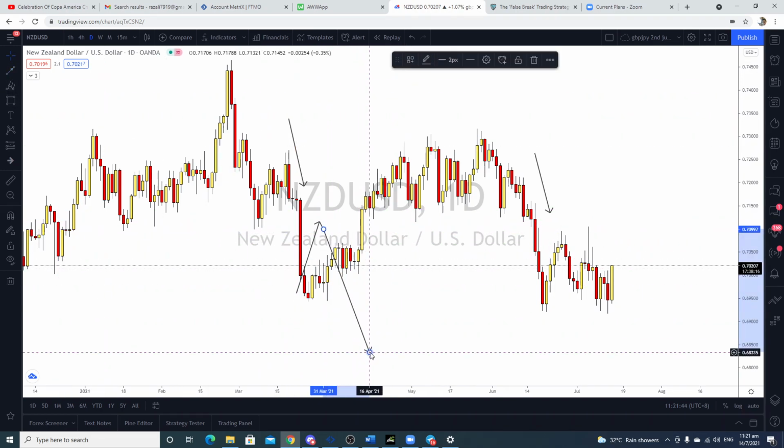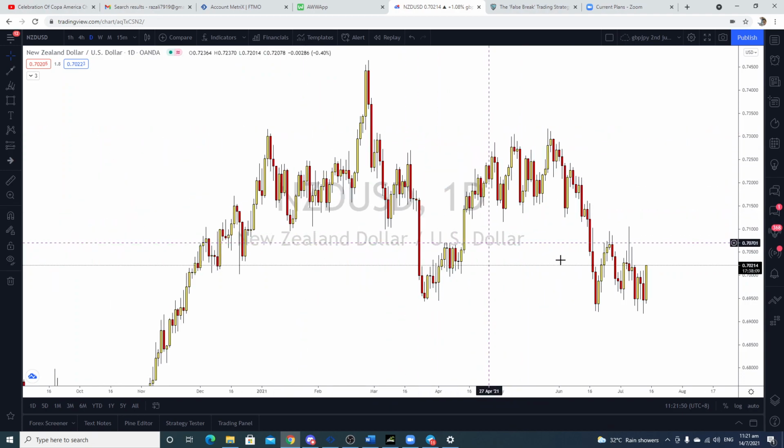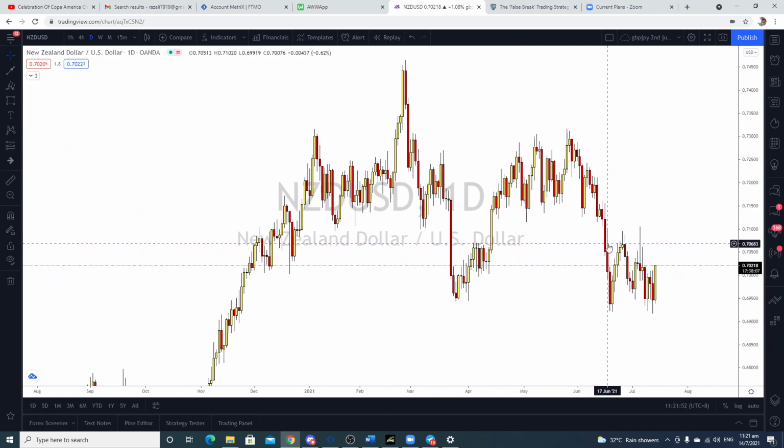If you are looking at it based on supply and demand, this is not the way that we should trade. Supply and demand is that buyers are always found after a drop. The lower the price is, the more buyers there will be. The higher the price is, the more sellers there will be. That is how the supply and demand rules work.